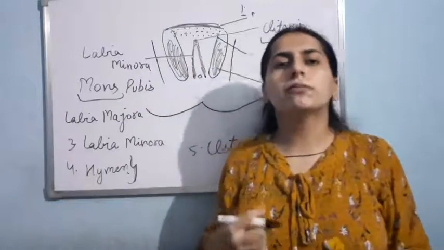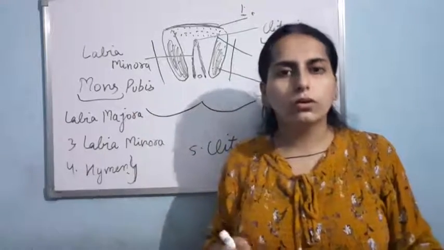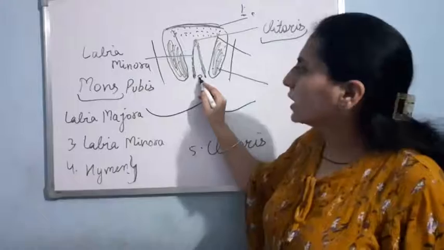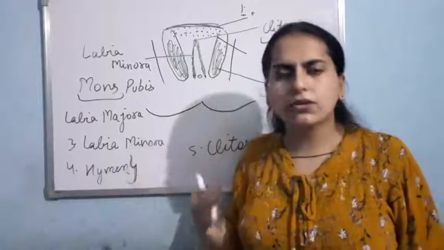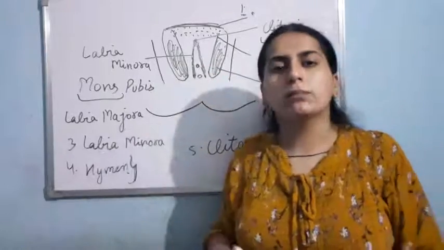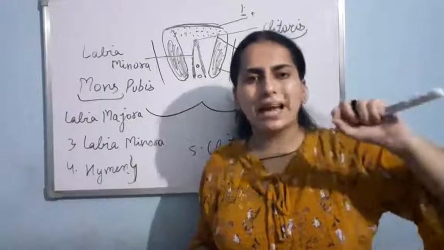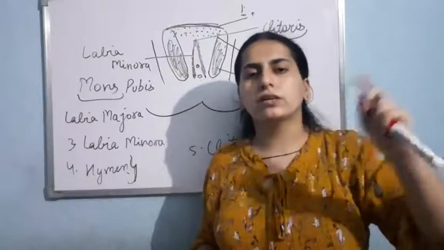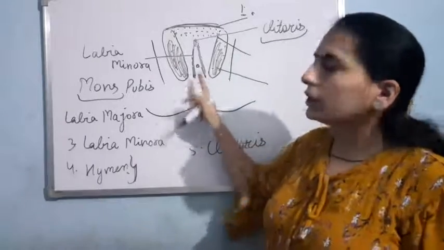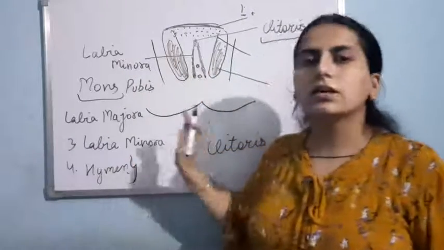And one more thing in the female, the opening for the menstrual flow and the opening for the urination are different. The vagina is the opening that is related with the menstrual blood flow, and there is another opening which is related with the urination. But in case of male, a single opening was there which was present at the surface of the penis, that was working for both functions, for the ejaculation of urine as well as for the sperm. But in case of female, two different openings are there, vaginal opening and the urethral opening. Fine. So this is external genitalia.